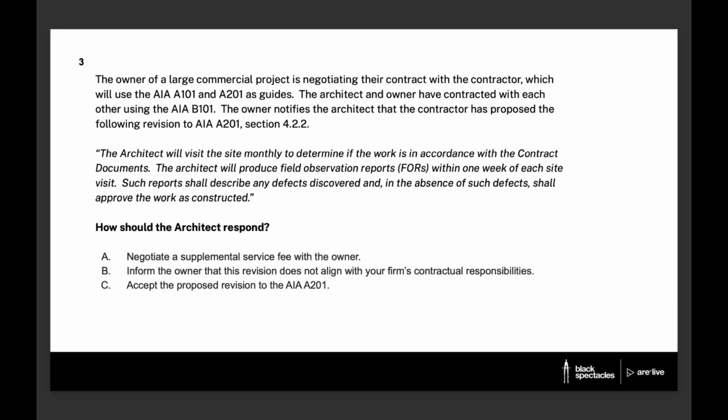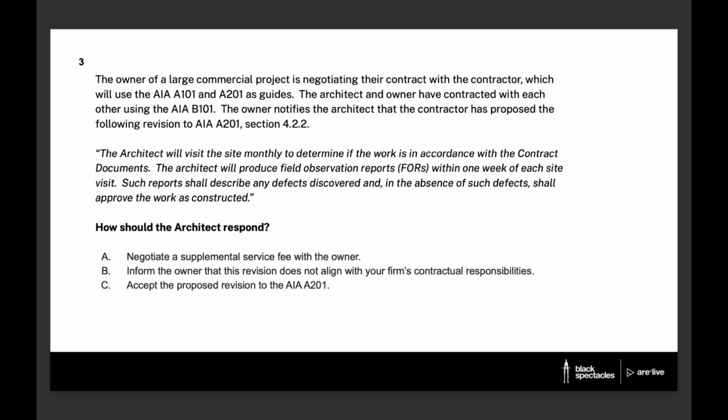agreeing to some sort of predetermined time frame for site visits for that reason, but also because it could be viewed as creating sort of an oversight situation where you're maybe considered to be managing some part of the construction, and you can't put yourself in that situation. That's purely the contractor's responsibility. So monthly site visits, not great in this proposed change, but the main issue really in this proposed language is